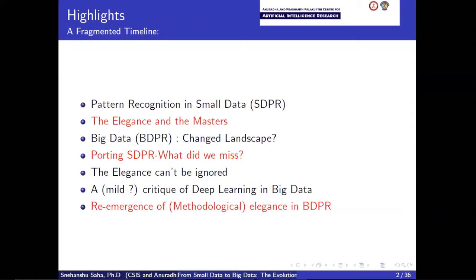So as I said, this is just a fragmented timeline that I wish to present. And we start from pattern recognition in small data. That's what it used to be called in the 1960s and 1970s. There were no terms such as machine learning or big data. It just used to be called pattern recognition, which is, given a set of data which has different types of information, how do you